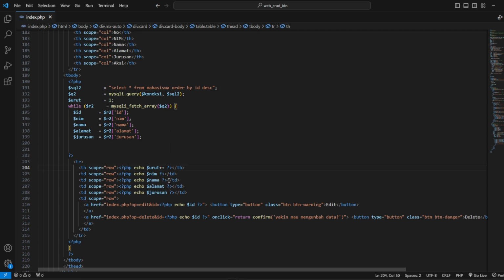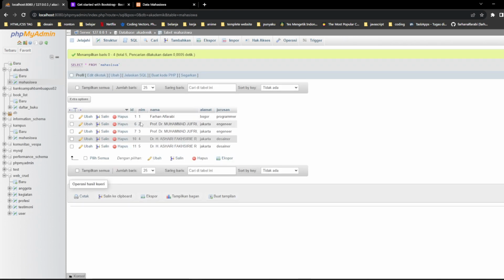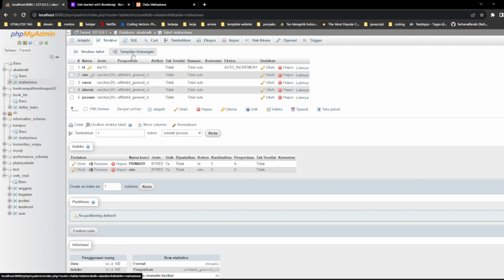We call it auto increment, because in the localhost, in our database, you can look in the structure, in the ID. You can look, we have given it auto increment.